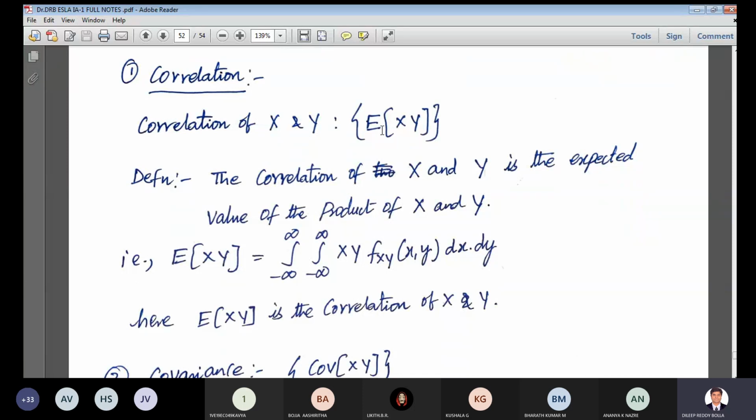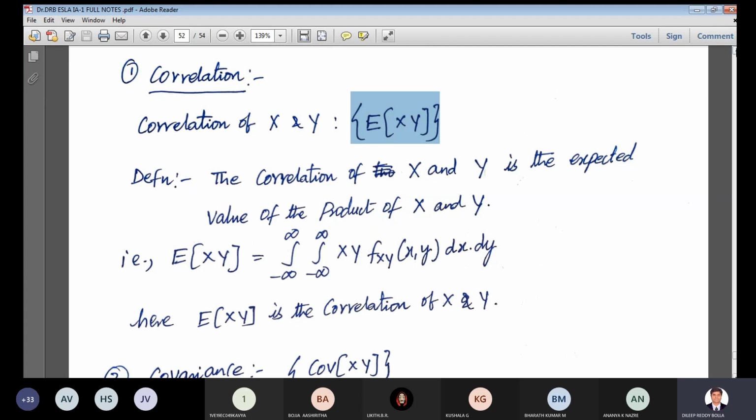the expectation of x and y. Like this we are trying to do. Okay. The number of hands raised went up to 27. From 22 it went to 27. Let us see how many will go. Okay. Yeah. Correlation is what, expectation of x and y, is what we wrote.